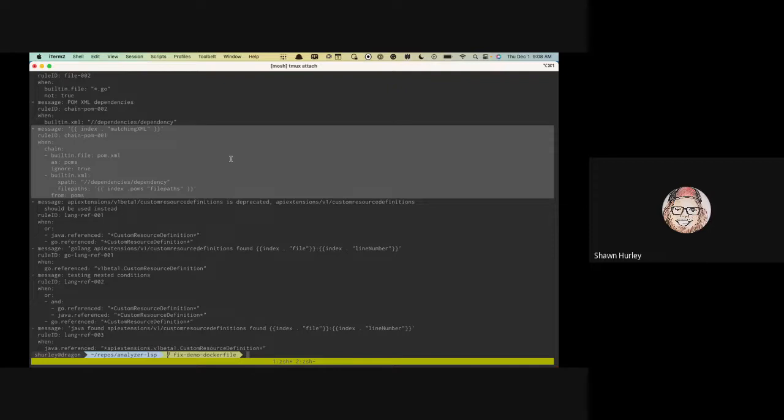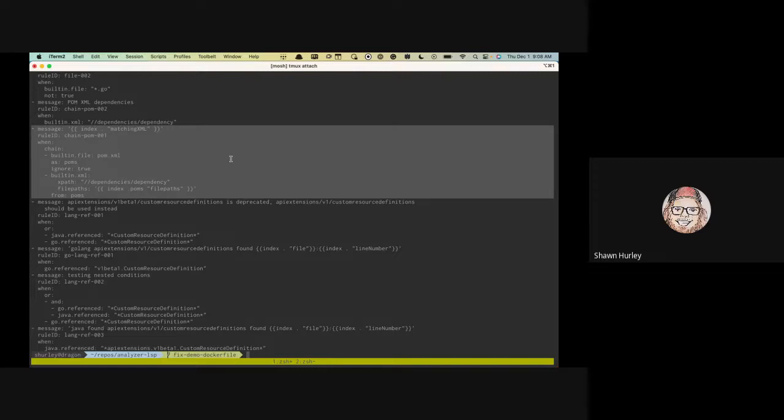This shows what we've added. You can chain a file search for a specific file, and then those file paths get added into an XML search, and the XML condition can now use those inputs.